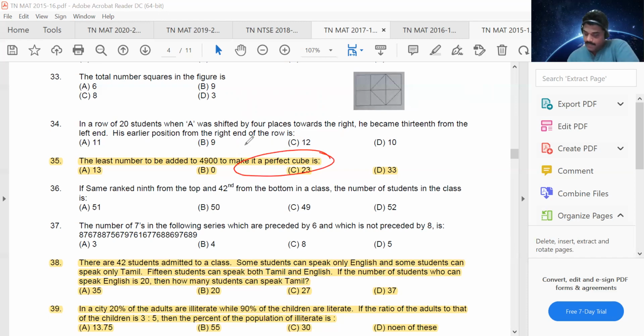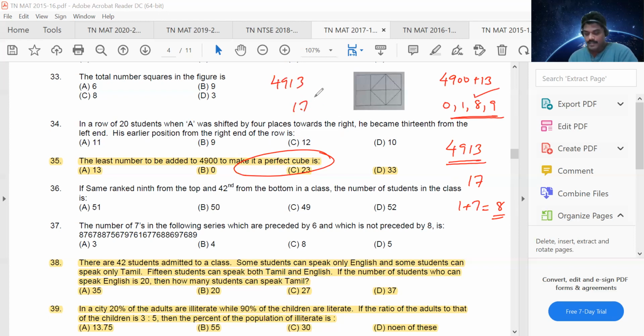Don't worry. But for the time being, what you can do is add up the digits of 4913 and check whether the sum is 0, 1, 8 or 9. Right? So this is 4, 9, 1, 3. If you are adding, you are getting 17 over here, and 1 plus 7, you are getting 8. So condition satisfied. And 4913 is nothing but 17 cube. Right? That is quite easy to check. I'll get back on how to find the cube values.